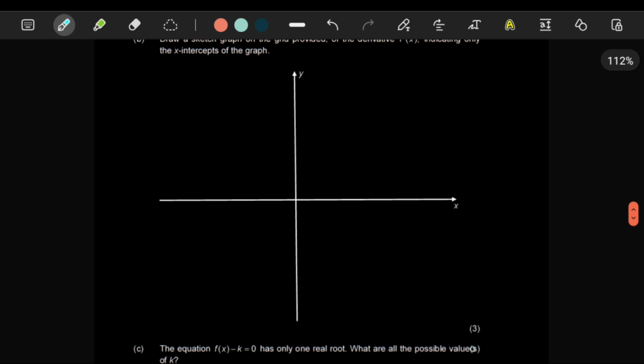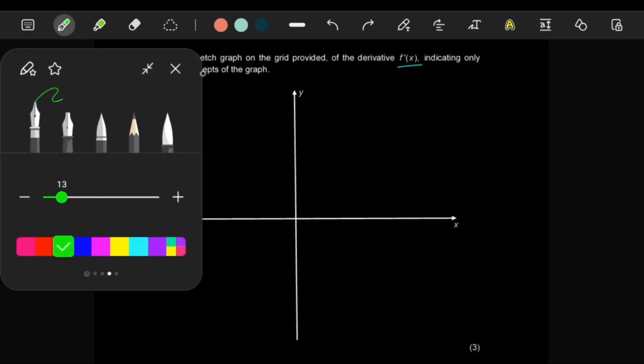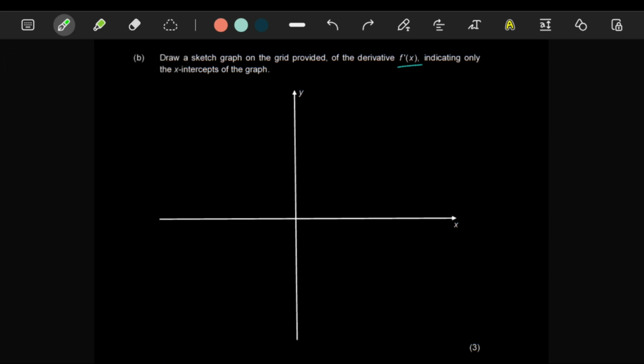For 3 marks here, they said draw a sketch on the grid of the first derivative, indicating only the x-intercepts of the graph. So the idea here is, this is also something mentioned in the applications of calculus playlist on the channel,